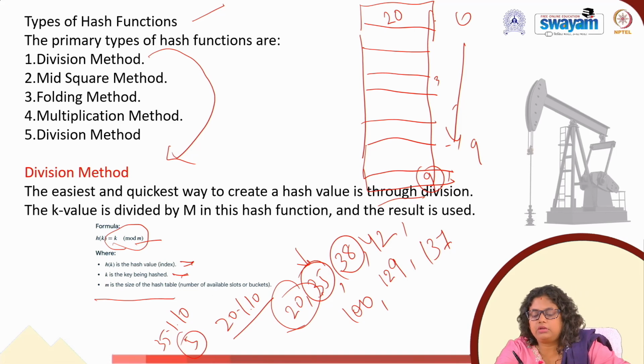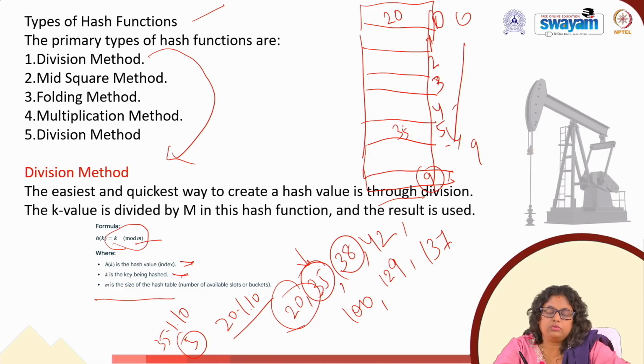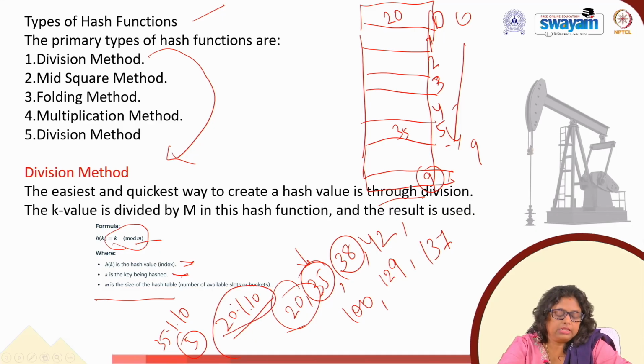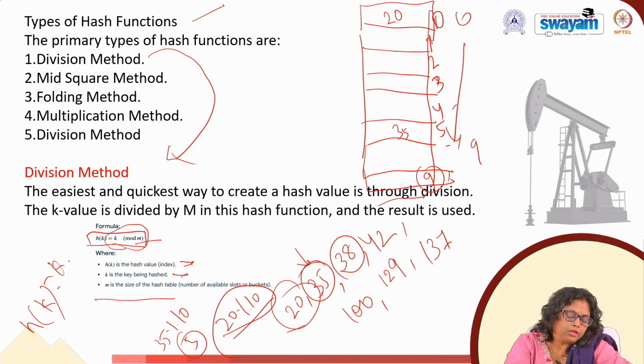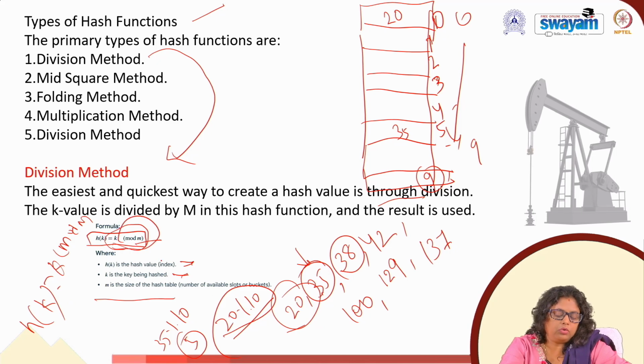So it will go to the, this is first, second, third, fourth, fifth, so it will go to 35. So it is like that. So here we are clear. Whatever the remainder I am getting, that is nothing but the hash value or index. Once this mathematical operation h(k) = k mod m takes place, whatever this operation gives is my hash value or index, and k is the key being hashed.